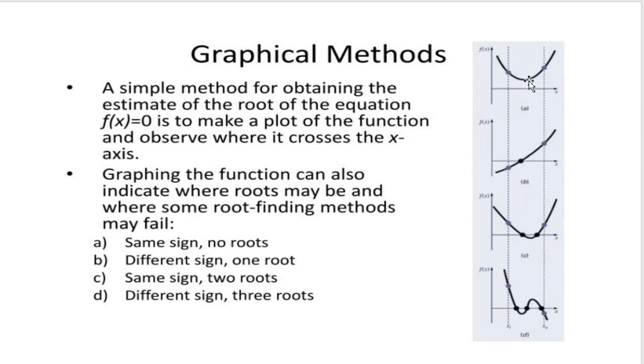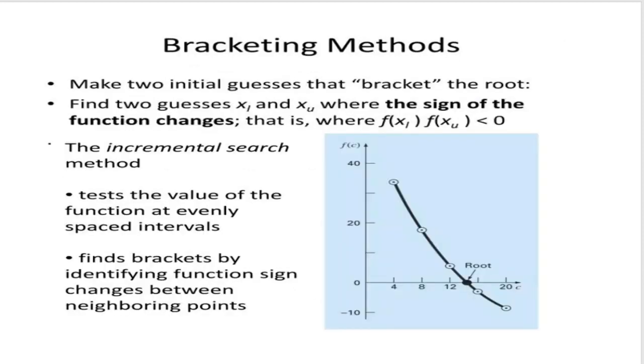So as in this case, there does not lie any root in the range xl to xu. In the second graph, one root lies in the range xl to xu. Third graph, two roots lie in the range xl to xu. In the fourth graph, three roots lie in the range xl to xu. But when we are not plotting the graph and still we want to find the root of the given function, there have to be certain conditions to decide the lower limit and upper limit of the range in which there certainly lies at least one root of the given function.